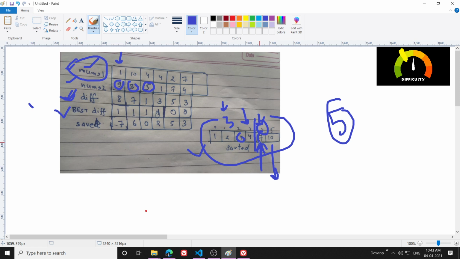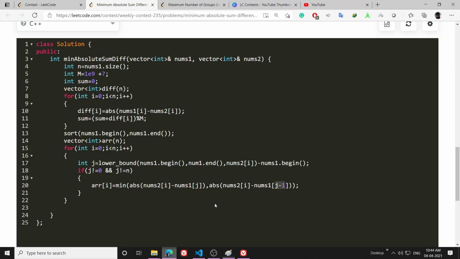But since we are taking absolutes here, what I need to get is 4. So 4 will be just one step less than this. That is why I am getting the number just greater than 5, and the number just lower than 5 if 5 does not exist.